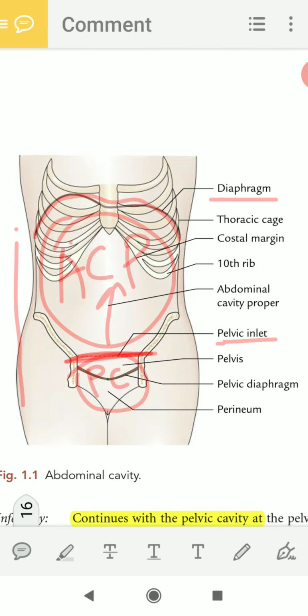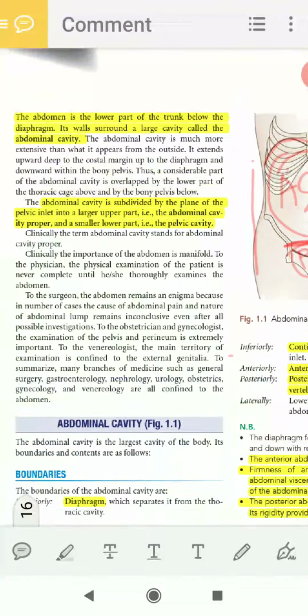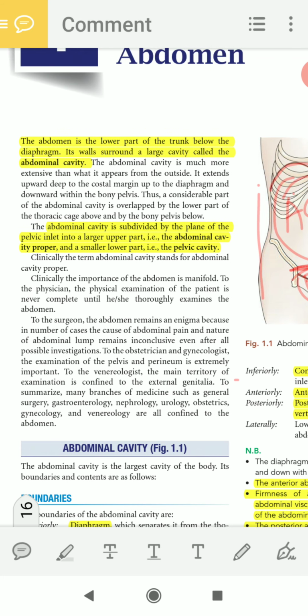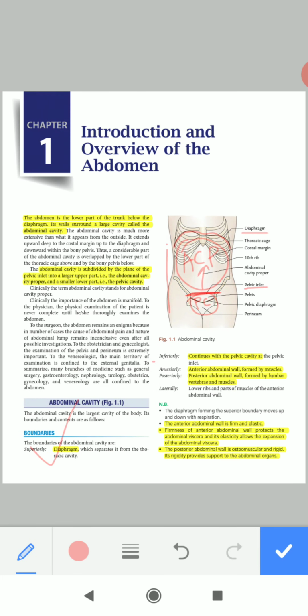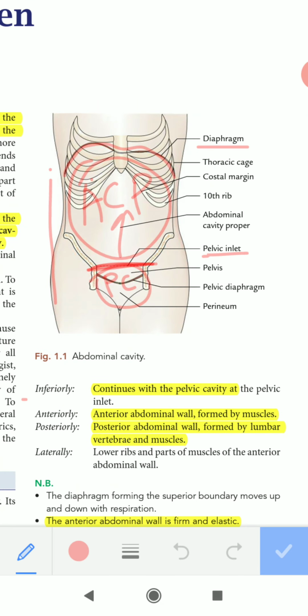Now come to the boundary. What are the boundaries of the abdominal cavity? The abdominal cavity has roof, floor, anterior wall and posterior wall. The roof, or superiorly, it is formed by the diaphragm, and the floor, or inferiorly, it is continuous with the pelvic cavity,